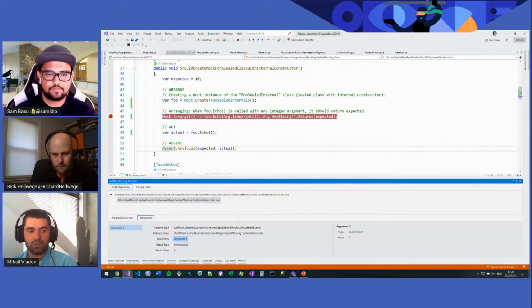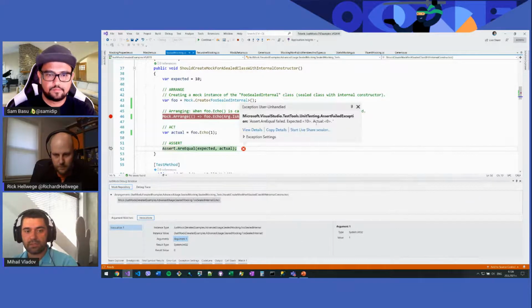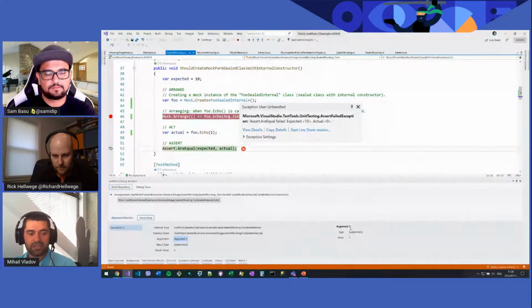So if we continue, of course, the test will fail. And our expected value is 10. The actual value is the default one of the return type of the echo. So this will help us just to matching both things. We have an invocation with just one argument.